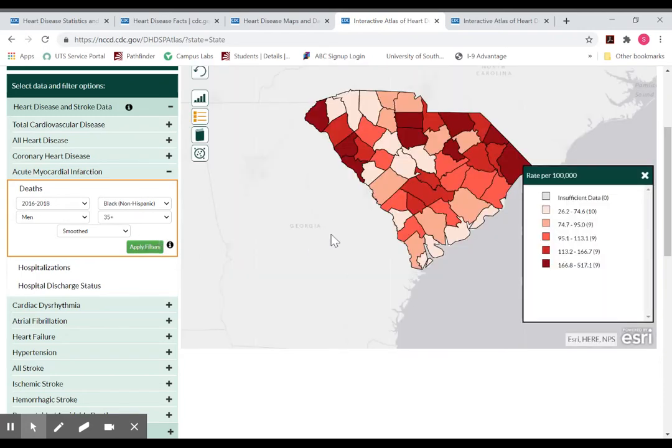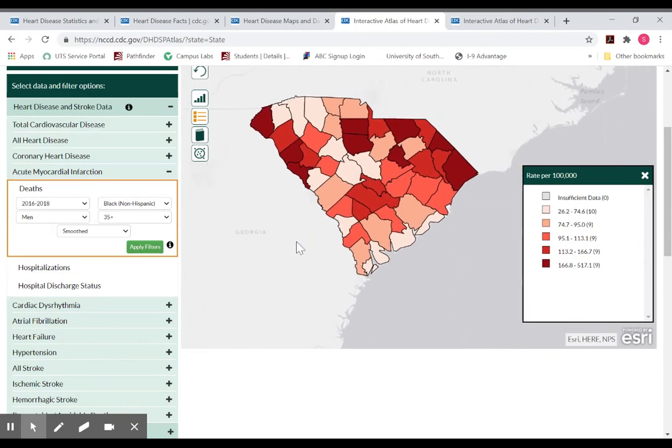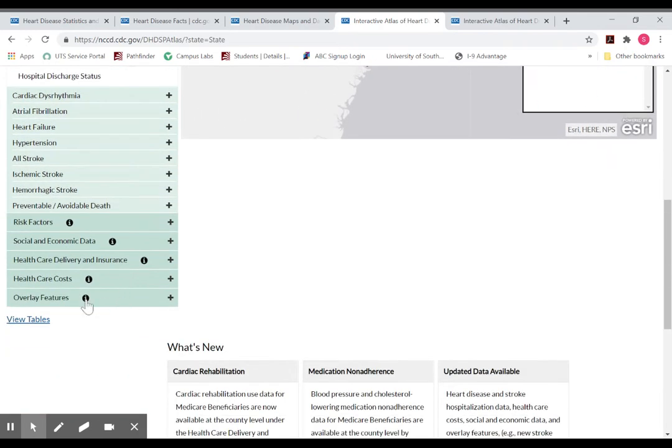And I'm given a map that shows at the county level for the state of South Carolina, the rate of heart attack death per 100,000 residents. And I can notice here that there are certain areas within the state where the rate of death from heart disease, particularly from heart attack, is higher. So I may want to do some further research on that. So if I go down here to my overlay feature,